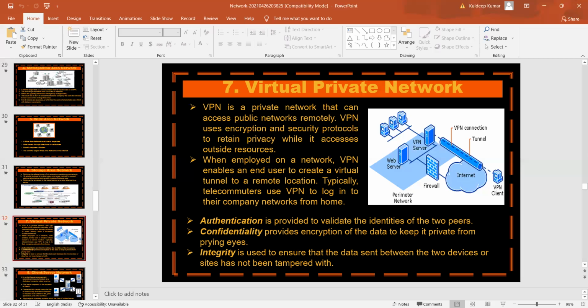Authentication is used to validate the identity of two peers. Confidentiality provides the encryption and decryption of data, meaning to hide it and keep it secret. Integrity is used to ensure that the data sent between two devices or two sites has not been tampered with. This is all about VPN. So these are the 7 types of networks which we are using in our